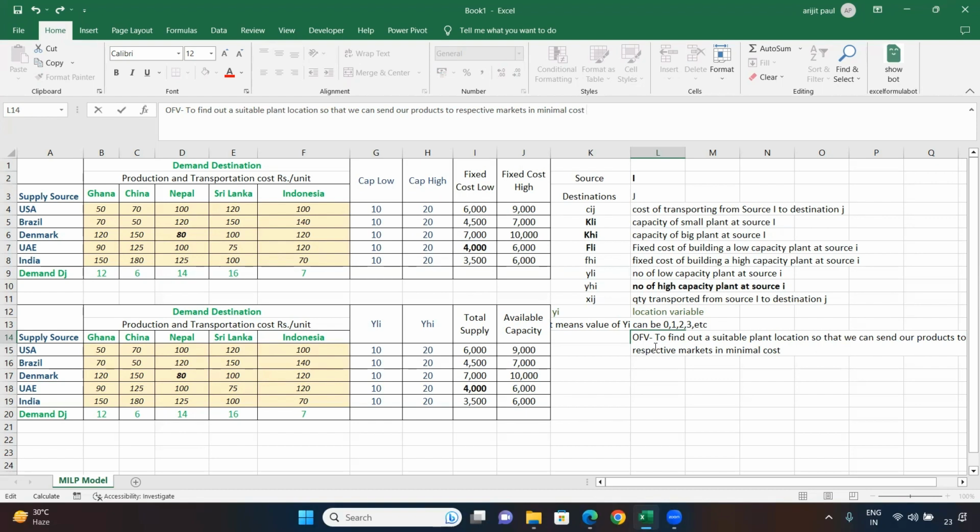First of all, we need to find out a suitable plant location so that we can minimize our transportation cost while sending the product from the plant to the markets. And when I am saying the market, it means all the 5 markets. Okay, so if I need to write the mathematical formula for that, I is nothing but the source. Here we have 5 sources. So you can mention I equals to 1 to I equals to 5,